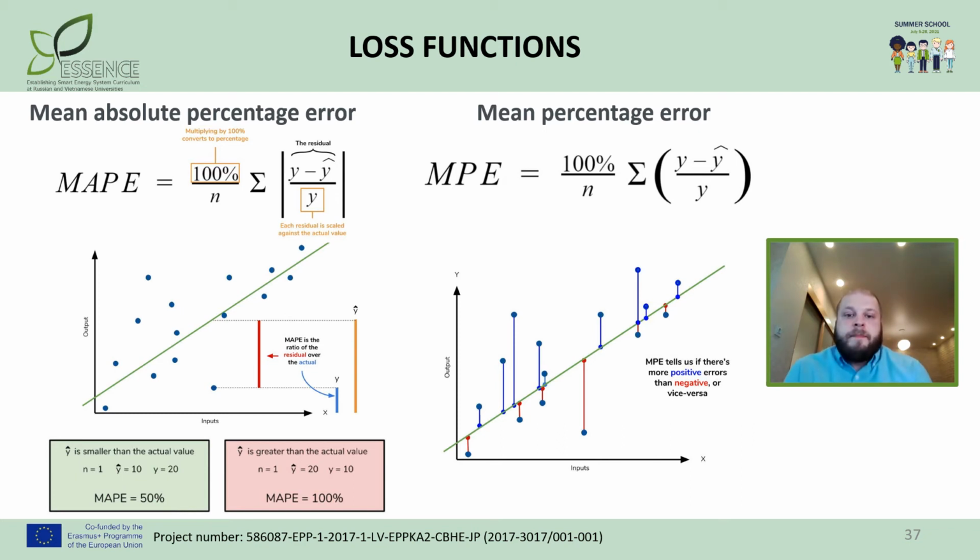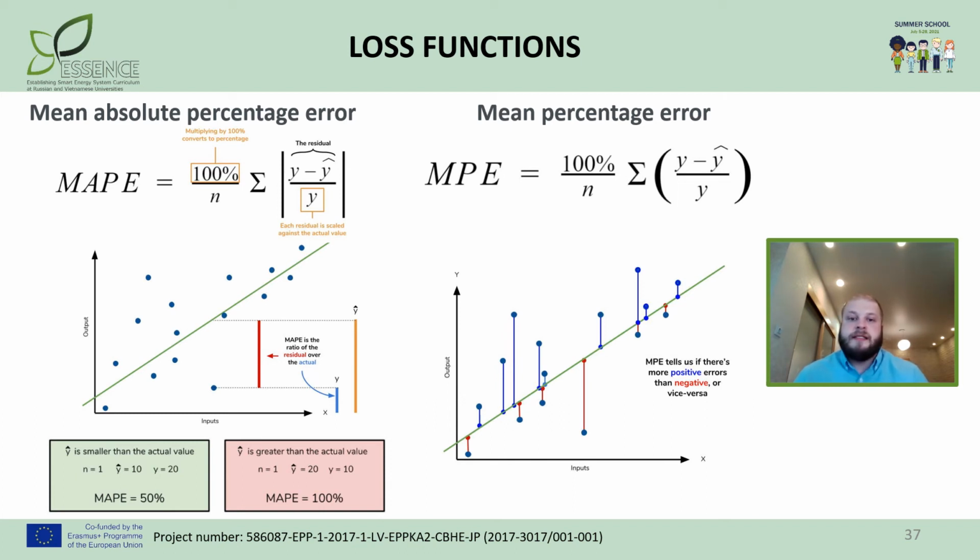Being more specific about mean absolute percentage error, from one point of view, this type of metric is very well understandable by the majority of people because the output of mean absolute percentage error is typically provided in percents. But it's very important to understand the background behind MAPE. Actually, MAPE is the ratio of the residual over the actual value. And it's very important what kind of prediction you have. So if your predicted value is smaller than the actual one,